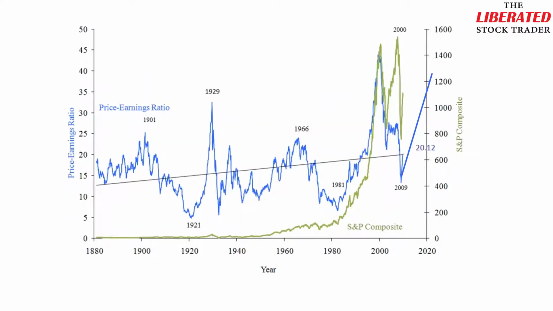To give you an important sense of perspective on what average PE of a whole stock market is, let's have a look at this chart. Here we see the S&P Composite Index compared to the PE ratio of the whole index. In December 2009, we are at 20.12 PE for all these stocks. This is quite a reasonable level, perhaps even a little high, significantly down from 45